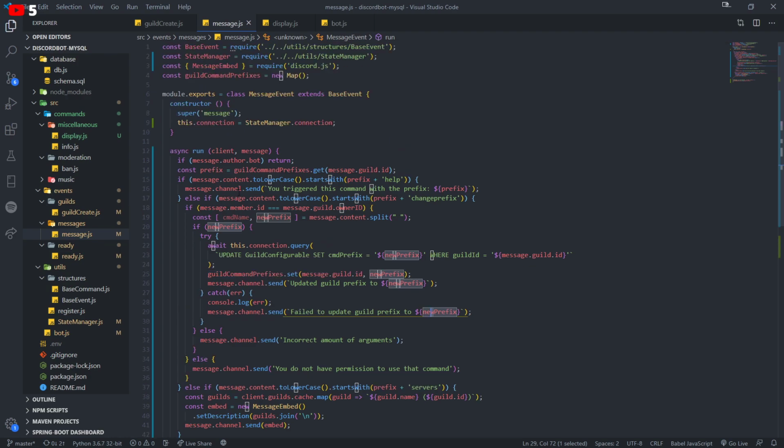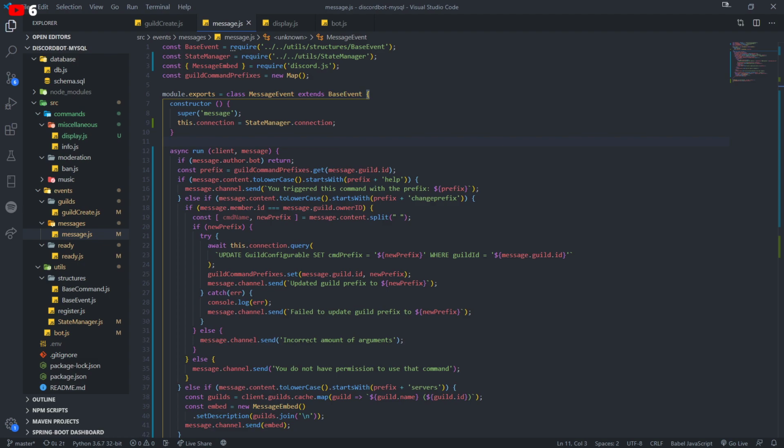But I'm quite excited for this series that I'm doing, because this whole series, I'm setting it up so that in the later episodes we can actually have an economy system. We can have a mute system, a warn system, all that kind of stuff. All those things require us to store our data in a database, which is why that's the main point that I'm building it up. So look, the first couple of episodes are going to be very boring, and I'll be honest, they're going to be very boring because we're just setting up a lot of stuff.